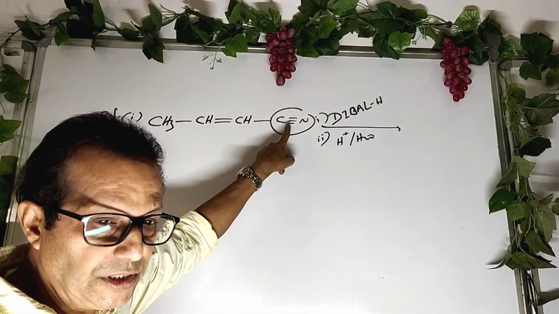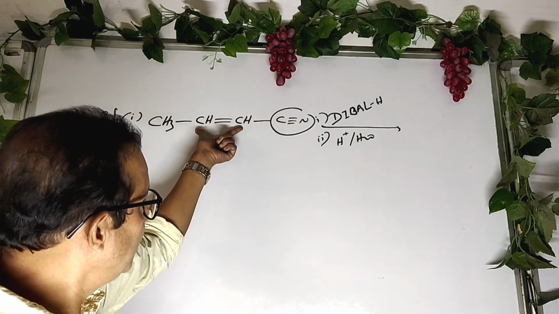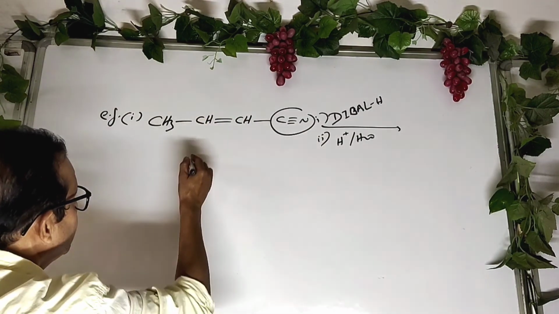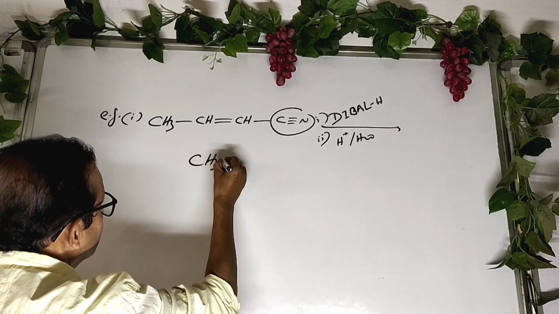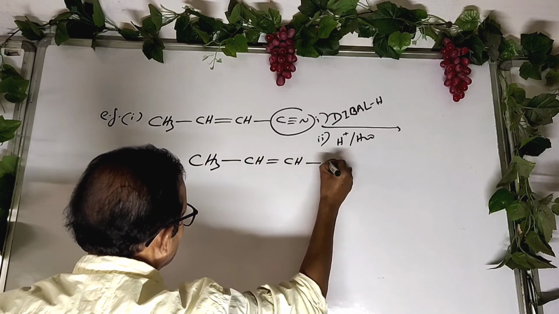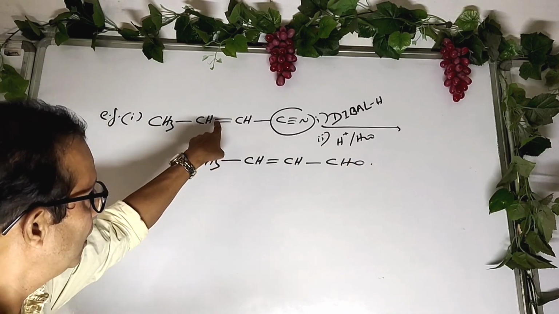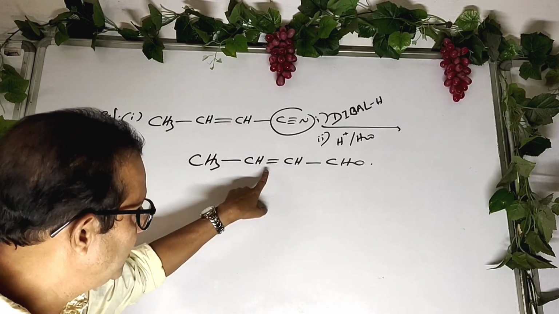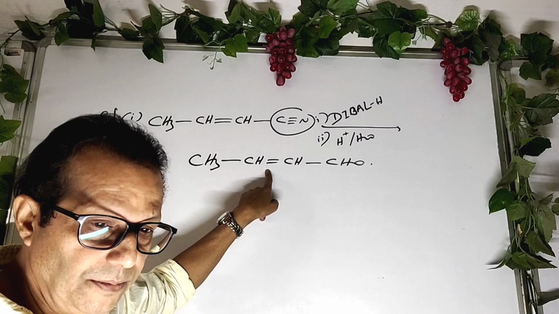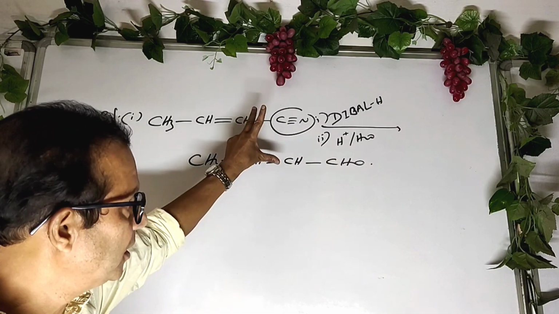The cyano group will change into aldehyde group. It has no effect on the double bond, which remains as it is, but if you use lithium aluminium hydride, it also reduces the double bond. Another example,